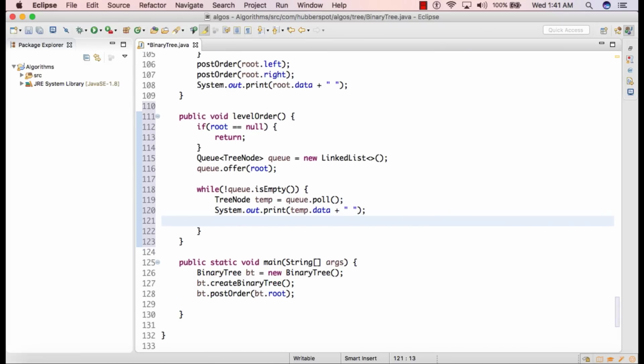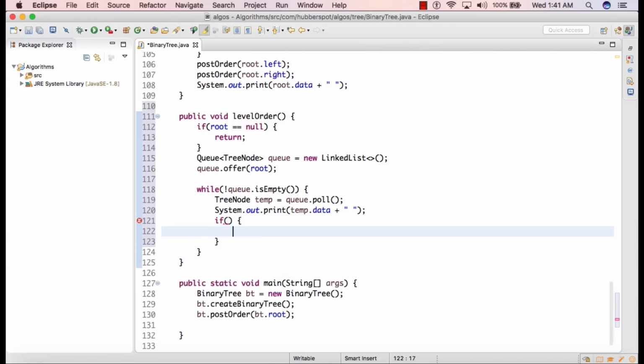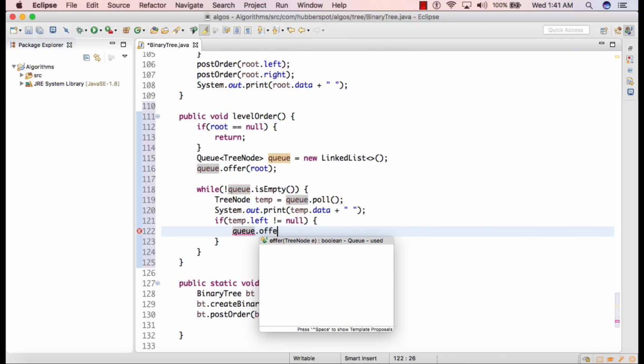After printing the data associated with the temp node, we will store its left and right node on the queue. We'll first check whether temp left is equal to null or not. If it is not equal to null, then we'll simply offer it to the queue.